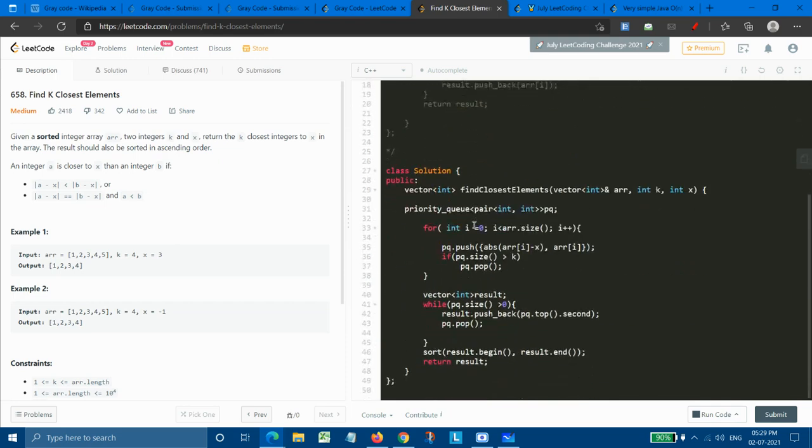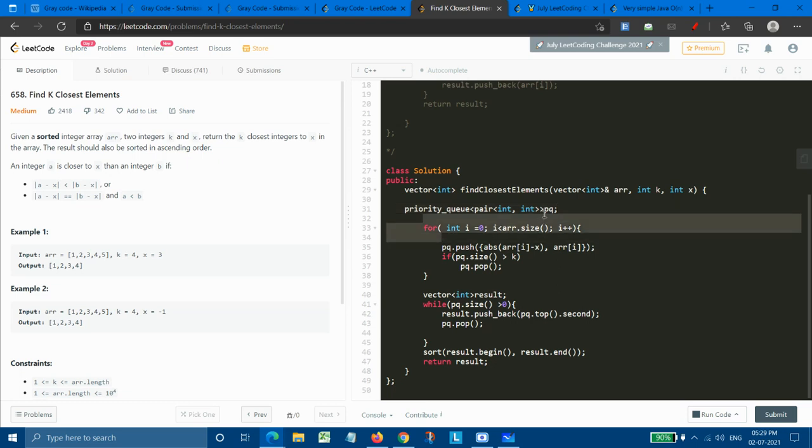What we have taken is we have simply made our heap with a type pair of int and int, and because we are coding in C++, by default it is a max heap. Now comes the next part, that we need to fill up this max heap.